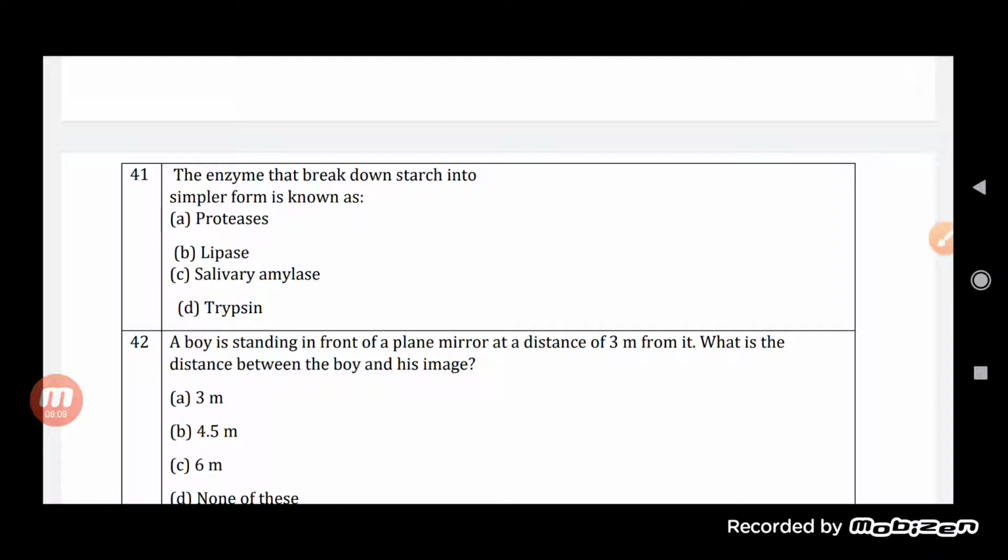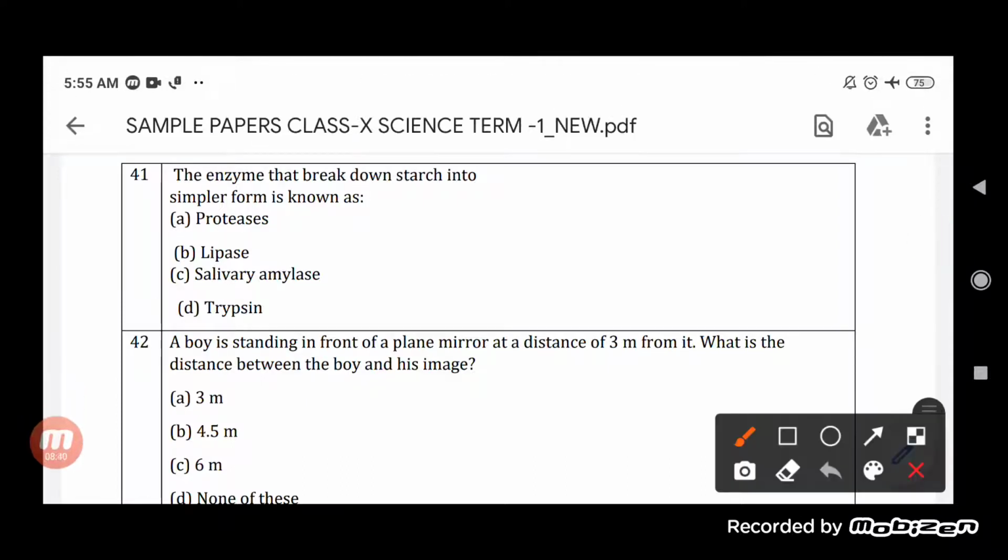digestion of a protein. So out of the four options, the option which is correct is the amylase. Remember that carbohydrate will be broken down, or converted into the simpler form with the help of the enzyme, that is amylase. So basically amylase is there to convert the carbohydrate into the smaller form. So according to the four options given below, we can say it is salivary amylase, which helps in the conversion of the starch into the simpler form.